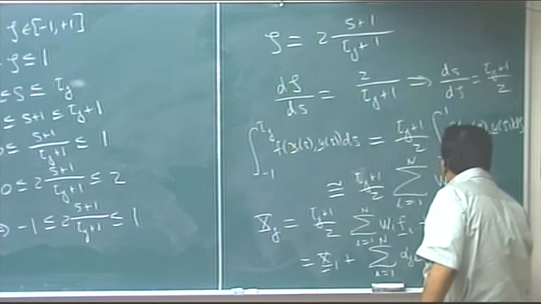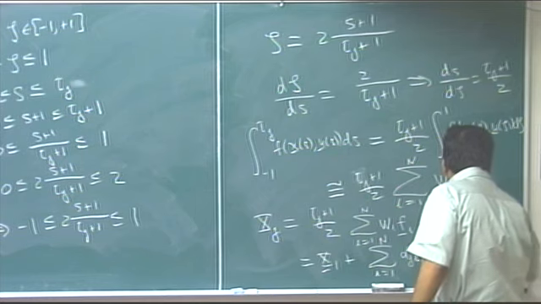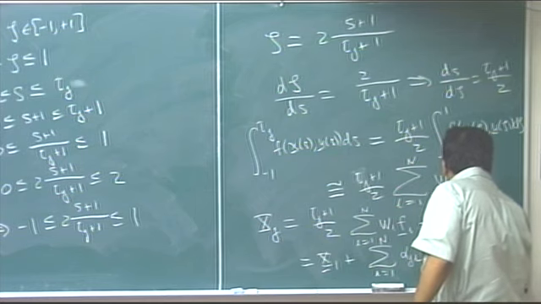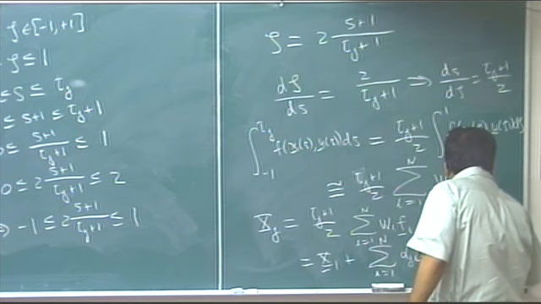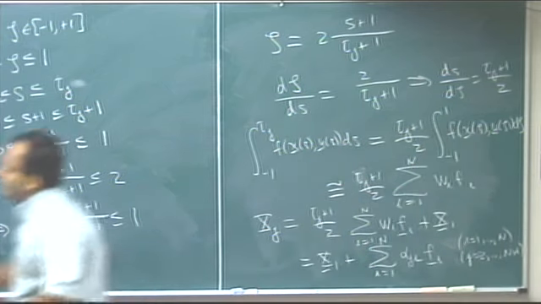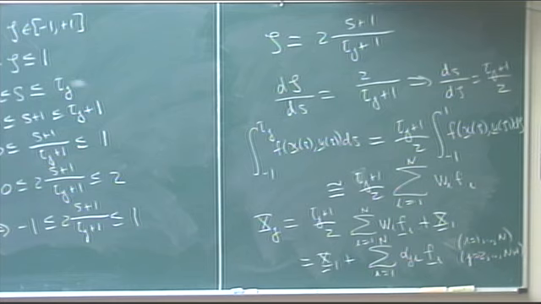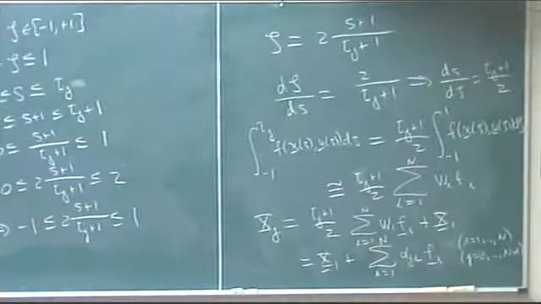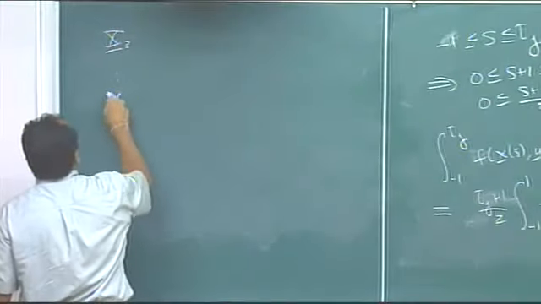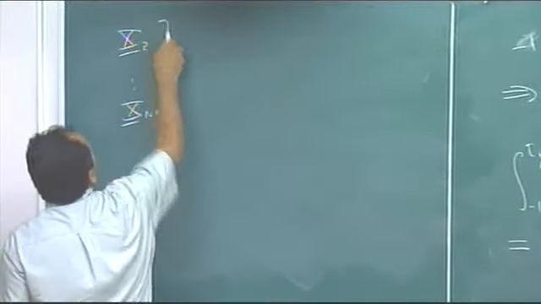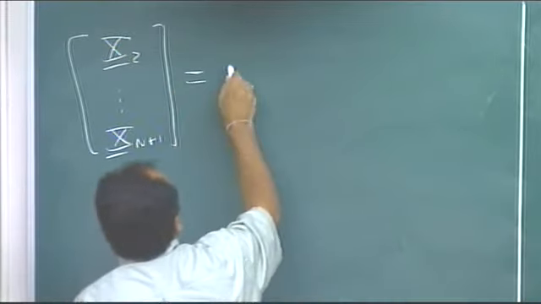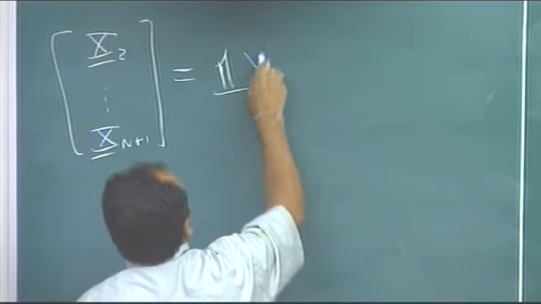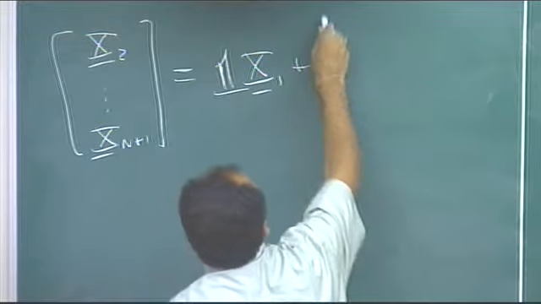I know that i goes from 1 up to n because that's the summation. j goes from 2 up to n plus 1. So what I do is I wind up constructing this system over here, which looks like this. I get x2 all the way up to xn plus 1 is equal to a column vector of 1s times x1 plus,